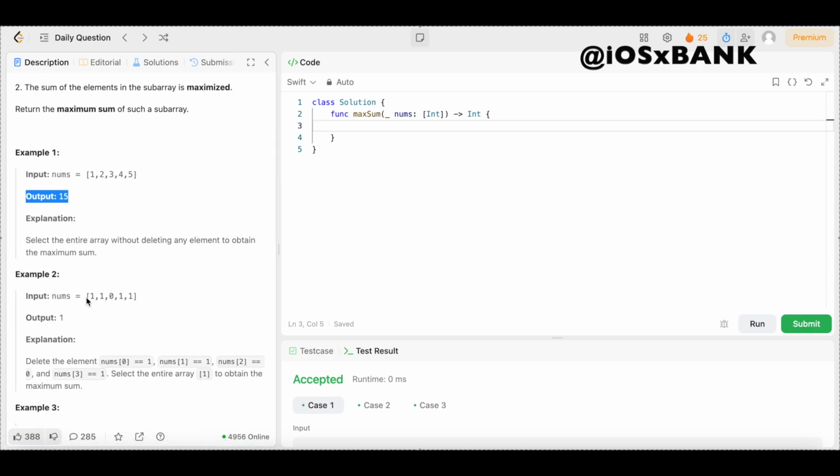So in example 2, as you can see, the input does not contain all unique elements, i.e. the multiple ones. So let's go through it. We have the input nums equals an array of integers 1, 1, 0, 1, 1. Output is 1. Explanation says delete the elements from nums 0, which is 1, so we delete this one. Delete nums 1, which equals 1, we delete this one. Delete nums 2, which equals 0, delete that 0. And delete nums 3, which equals 1. Select the subarray 1, so now all we're left with is this 1,